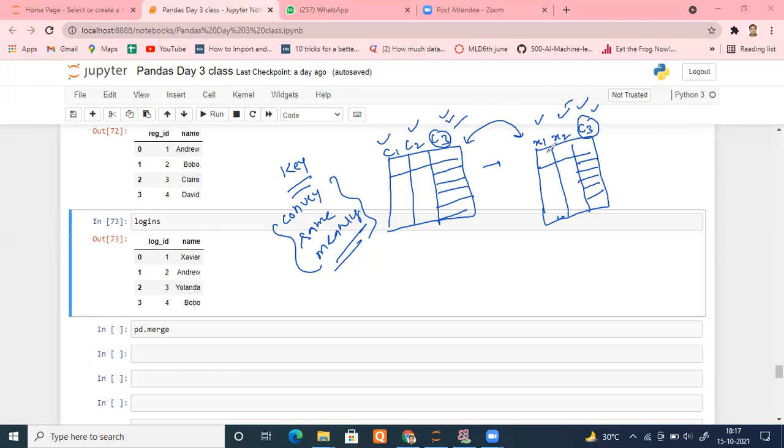So what you have to do is search for a key column in your table 1 and a key column in table 2. How can you search? First, check: are they conveying the same meaning? Second, are they satisfying the second criteria that I just mentioned, unique entries in each row, meaning no repetition? If any such column is present in this table and this table, then we can certainly say that these are our key columns. Is it fine, everyone?